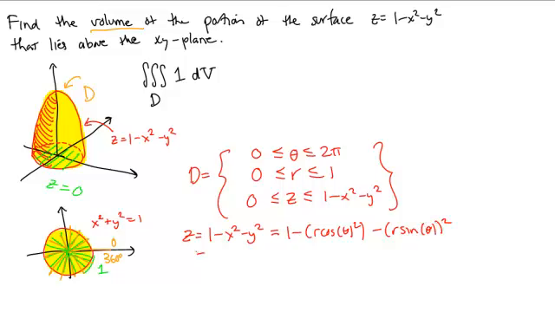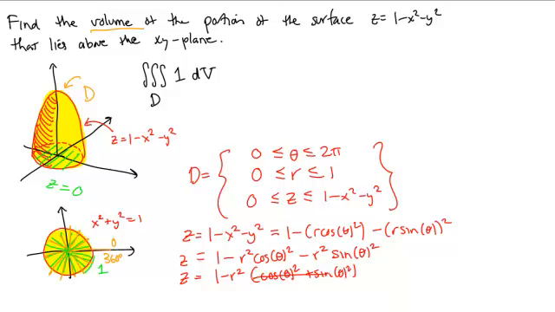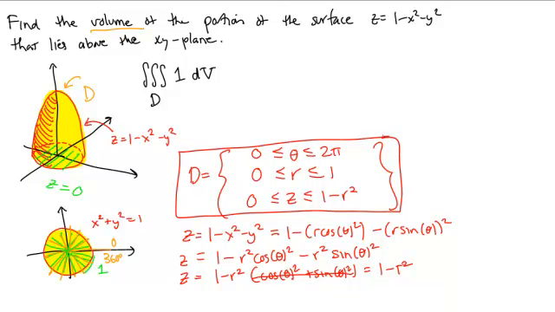So this gets us the equation z is equal to 1 minus r squared cosine of theta squared minus r squared times the sine of theta squared. Notice that if we pull out a negative r squared from these two pieces, we get cosine of theta squared plus the sine of theta squared, but this expression is equal to 1. And so this is just nothing more than z equals 1 minus r squared. And so I can replace this with 1 minus r squared, and we now have a cylindrical coordinate description of